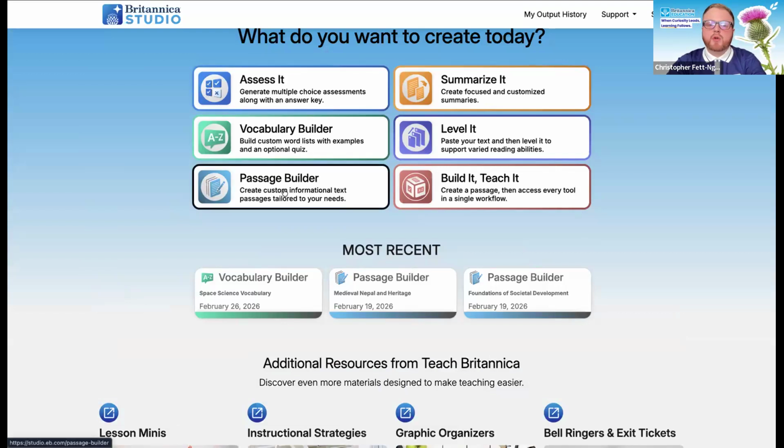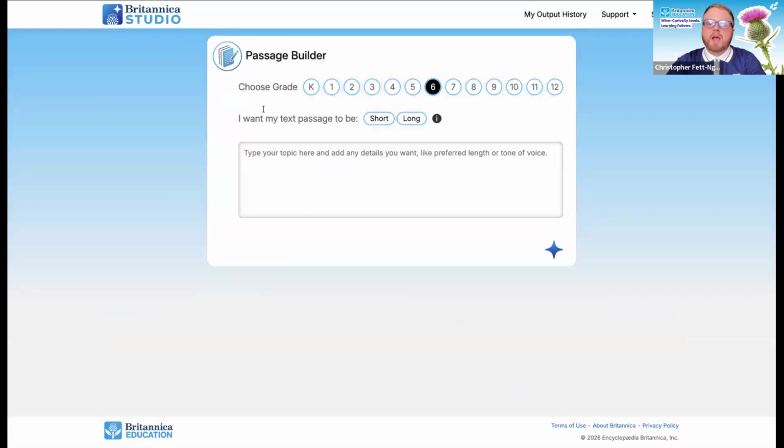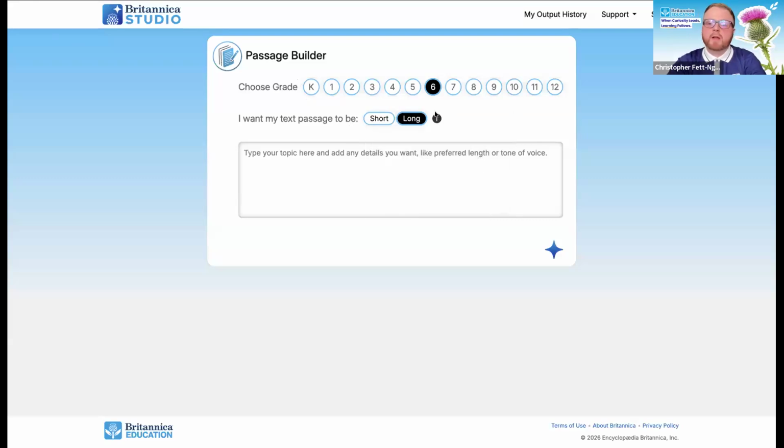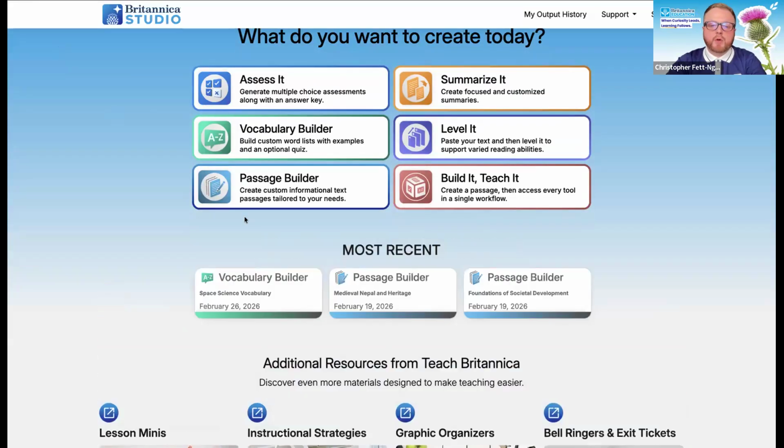The next tool I'm going to show you is our passage builder. This is the most heavy tool. This pulls the most resources together, and therefore takes the longest. You can ask it for short passages or long passages. Some of us think the long can be quite long. I did a grade 12 long once, and I was reading for hours. But then this gives the teachers the dominion to choose what they want. But what I'm going to show you here